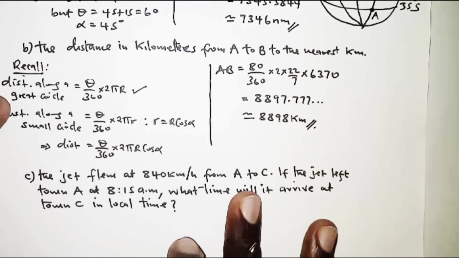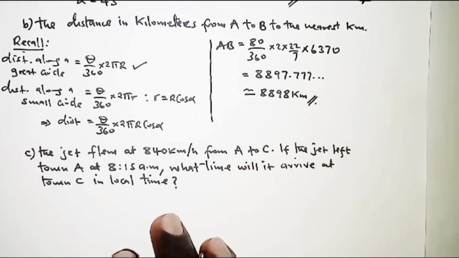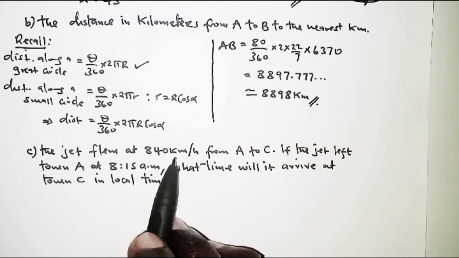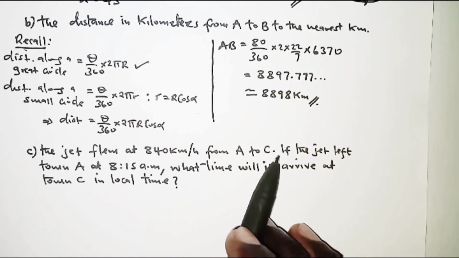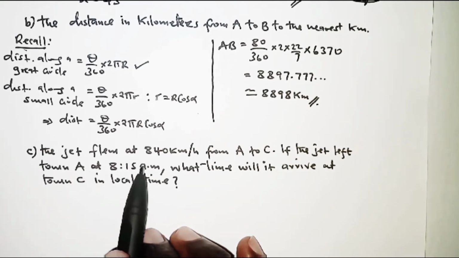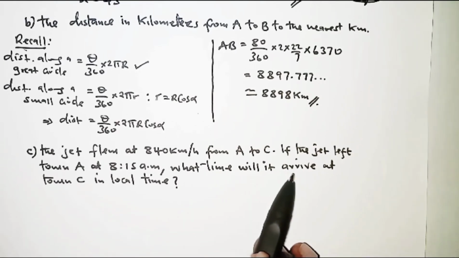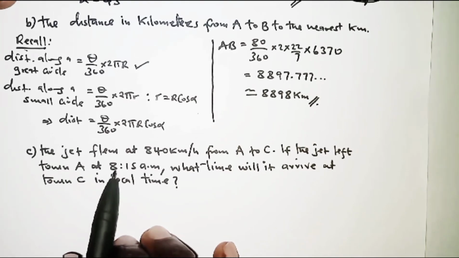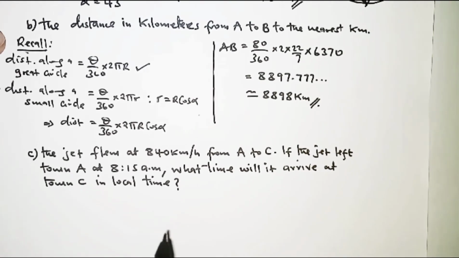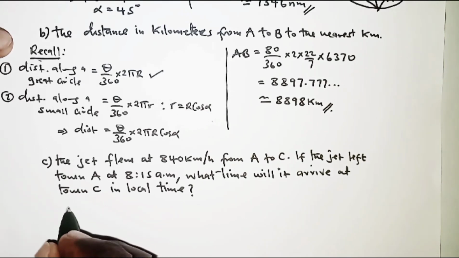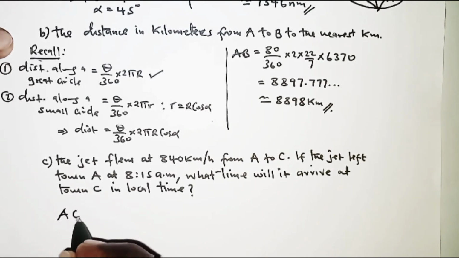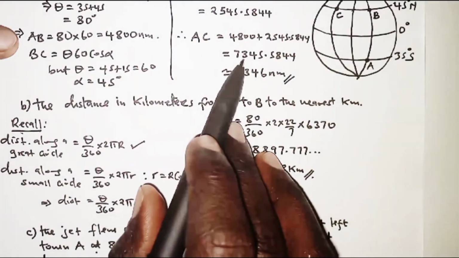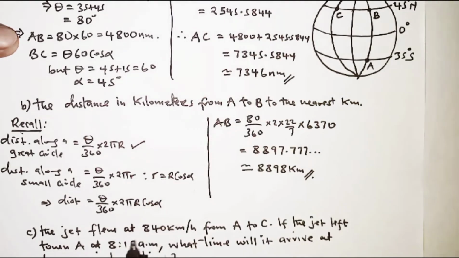But see, we are told that the jet flew at 840 kilometers per hour from A to C. If the jet left town A at 8:15 a.m., what time will it arrive at town C in local time? So we know that the distance AC, as we had seen earlier on here, is 7,345.5844